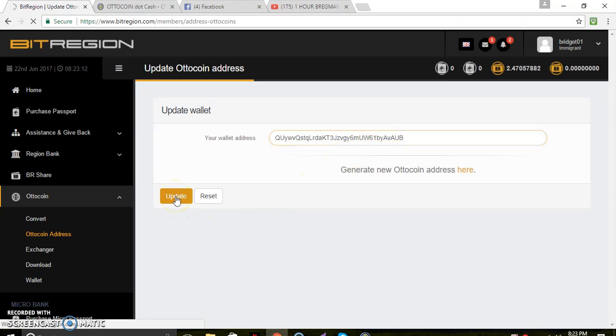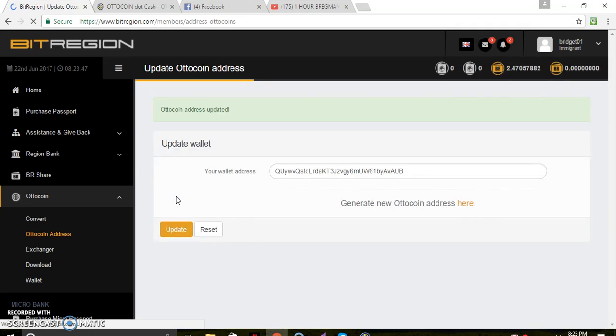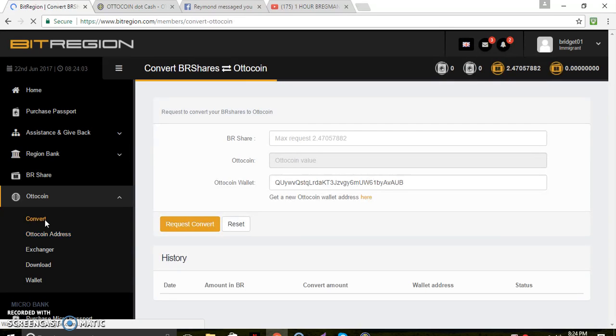Automatically this page will be updated, and then it has been set already. So the next step is you need to click convert.